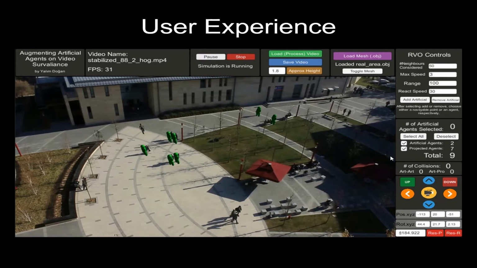load video, toggle visibility of each agent type and see the total number of collisions. User can also adjust the camera,